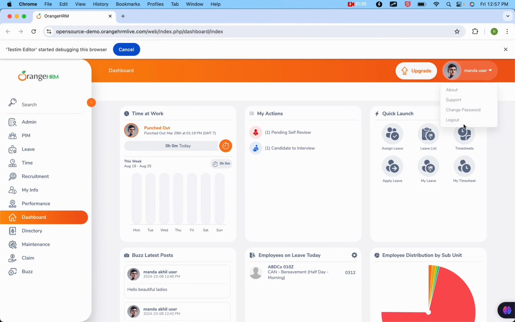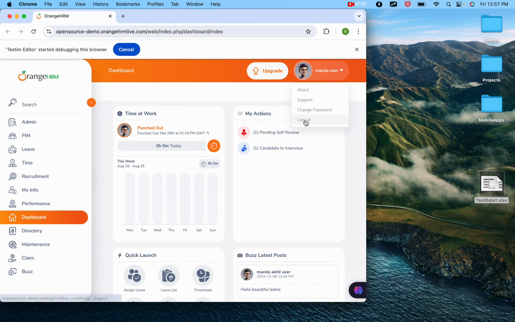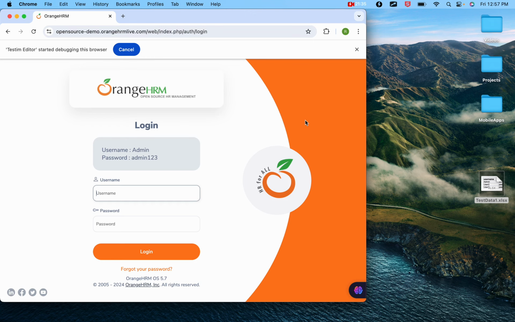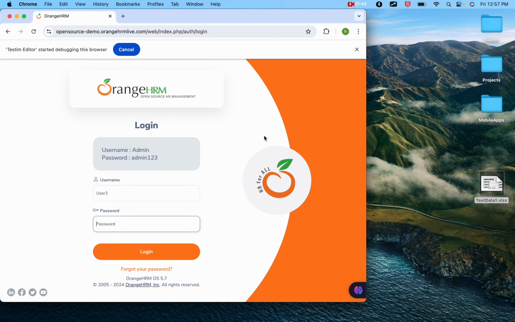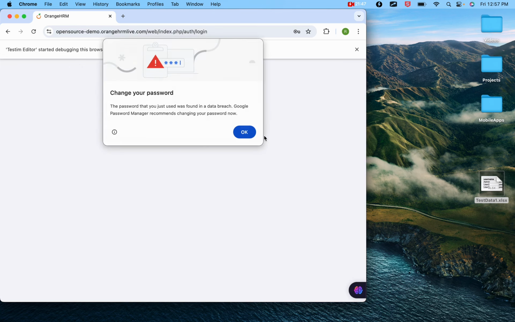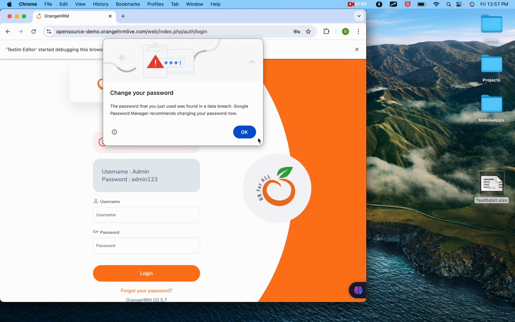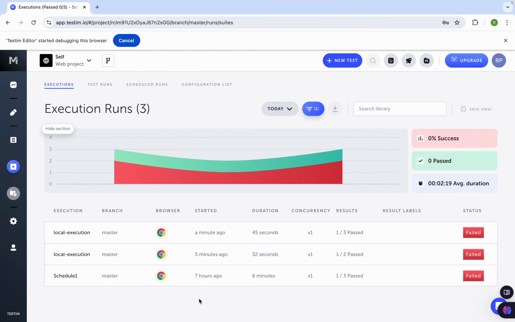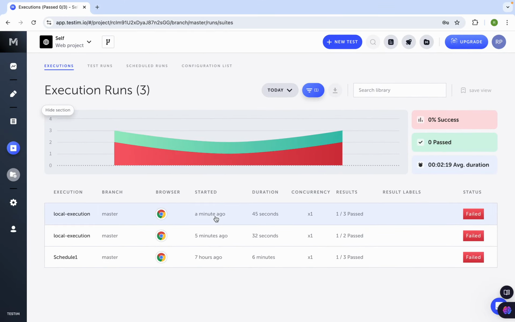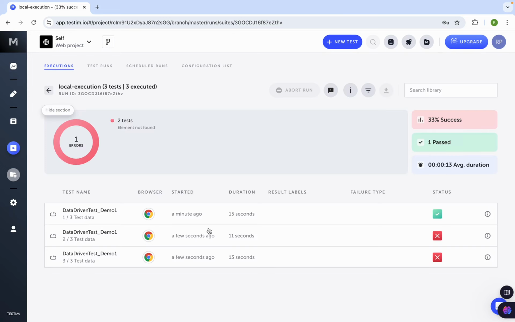Now the second run. Let me see here, this should use, okay, I think because the logout is some problem here, so this is now running with the third set of data. It skipped the second set because of some issue there, so it will show us as a failure, which is fine. So you can see it is now executed, and if I see this run, we have 3 runs